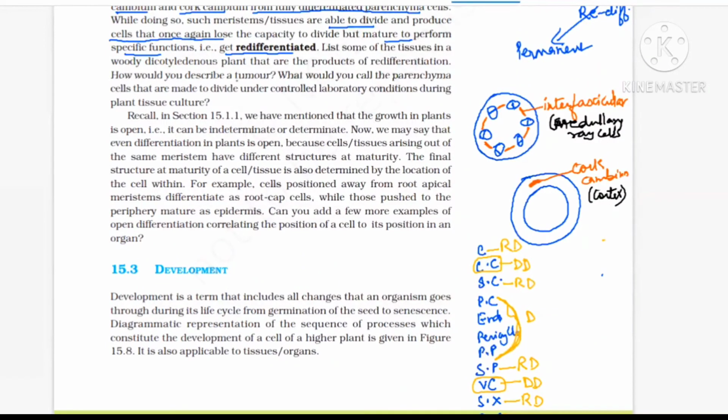Now see tumor. Suppose tumor means what? Tumor means uncontrolled growth of cell division. The tumor is nothing, it's a product of de-differentiation. What would you call the parenchyma cells that you would make to divide under controlled lab condition during plant tissue cultures? And such, you will not say they are actually going for a